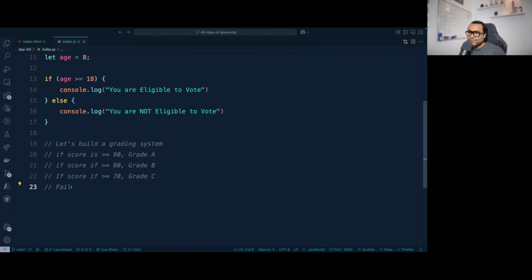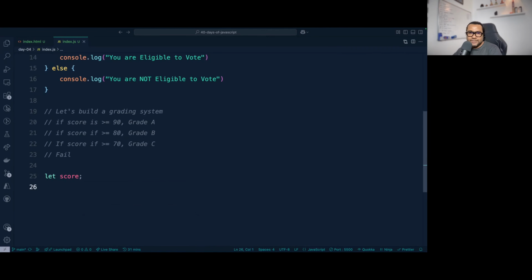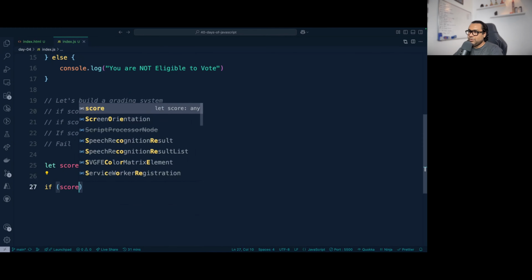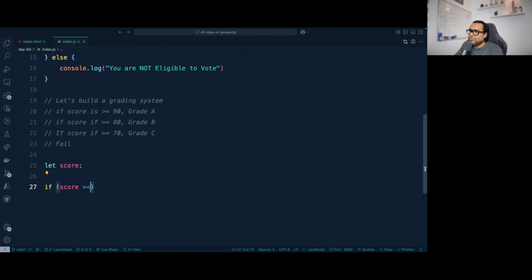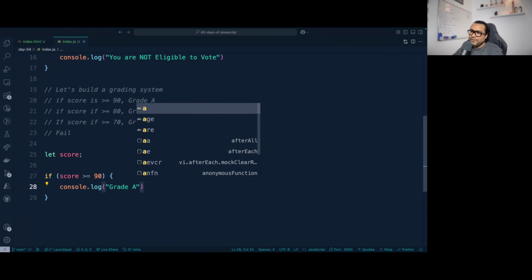It's wrong to fail someone below 70, but let's say it's fail. Now, in this case, I have to deal with score, so I have to take score as a variable. Fine. First step. Now I can say if score greater than or equal to 90, I'll say console.log grade A. Fair enough.